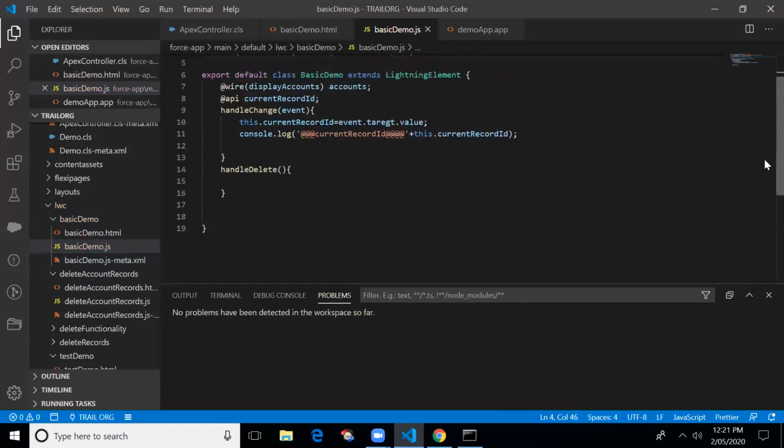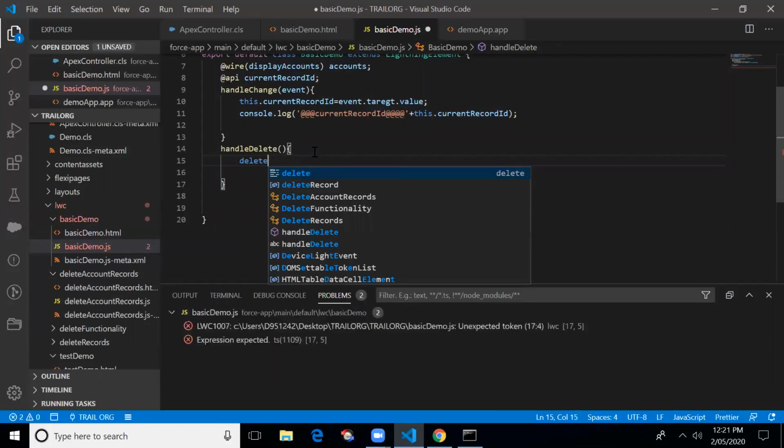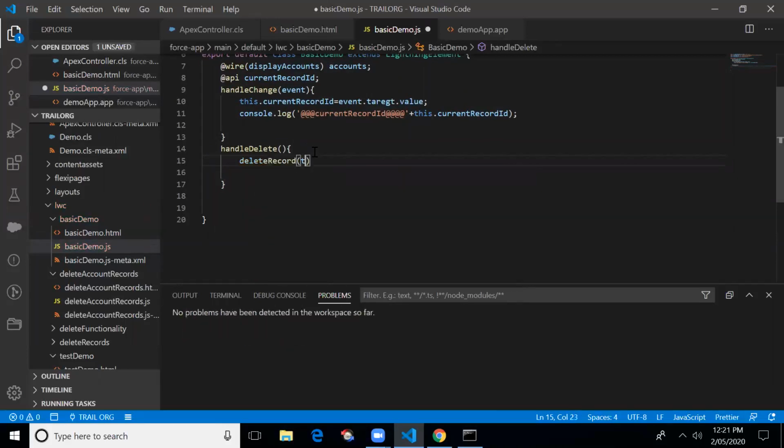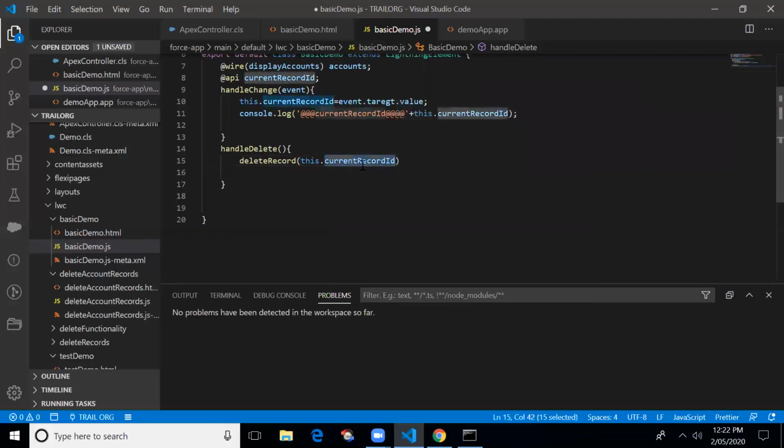So in handle delete, we imported the deleteRecord method, and I'm just passing the ID to this method. We have the current record ID present in this variable, so I'm passing it to deleteRecord.